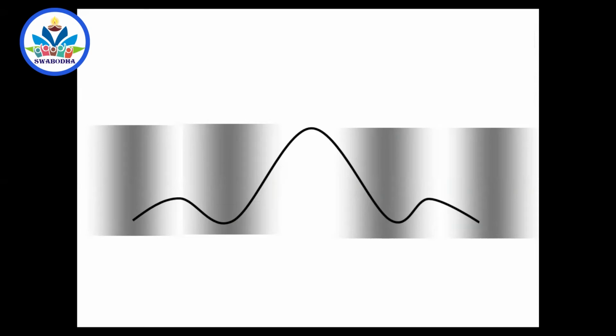Any optical instrument should have two things: magnifying power and resolving power. So what do you mean by magnifying power? What do you mean by resolving power? They are entirely separate things. Magnifying power means showing the image of an object larger than its object size itself. Magnification is the